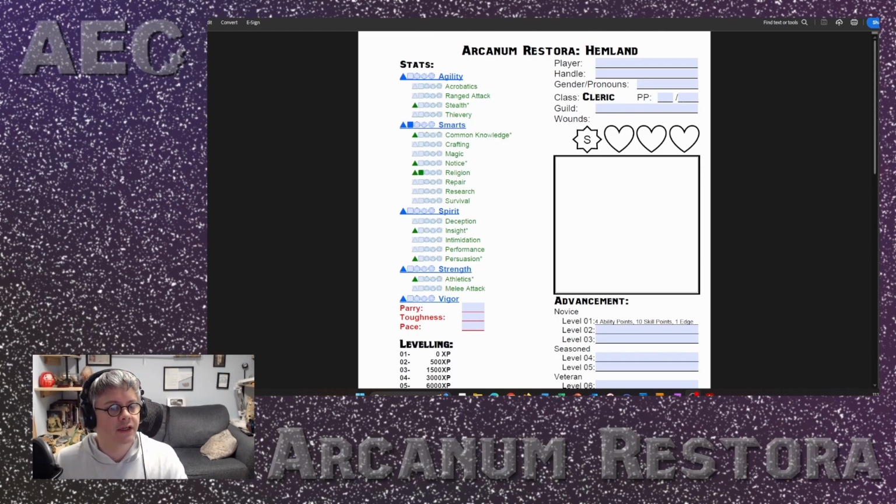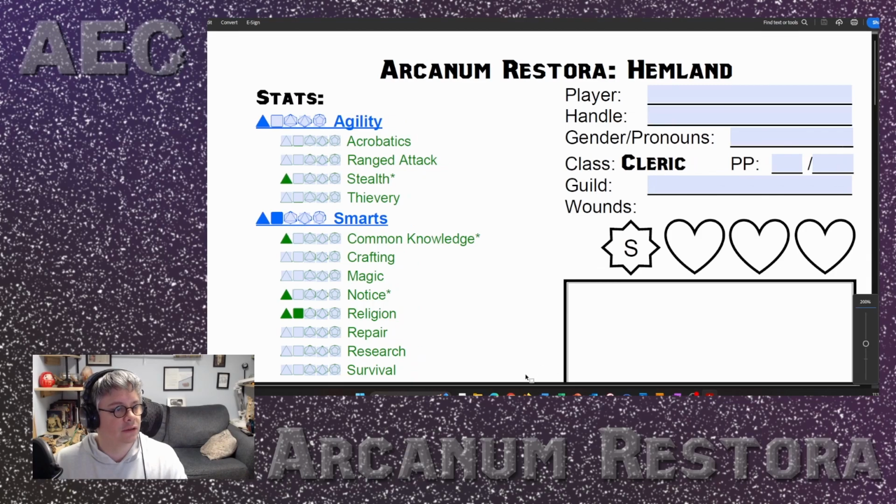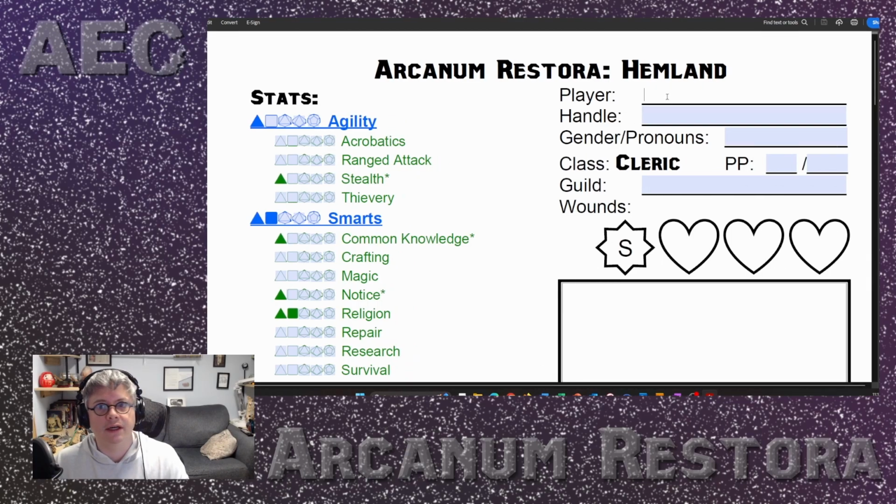We're going to start by filling out the top right section of the sheet, this first area. Player is easy. This is your name that you use in class so that I can pay attention to who's who and the records and things like that. Next is your handle. This is your character's name, or if you want to think more in the style of video games, you could think about what the handle is that shows above your character while you run around in the game world. I am a tabletop role-playing gamer, so it's definitely character name. I'm going to go with Narla Windrider as a name to choose today.